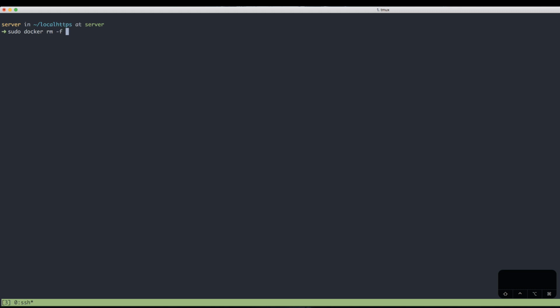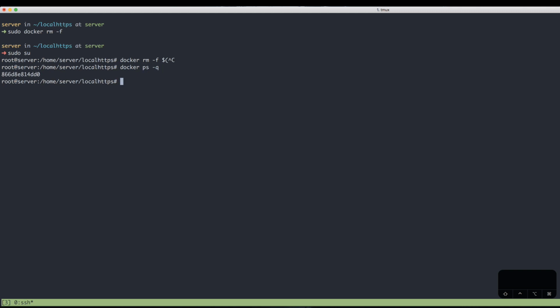To remove a container that is now running, we need to use the force flag. Okay, let's for simplicity use sudo su. Okay, docker ps -q will log the up containers,